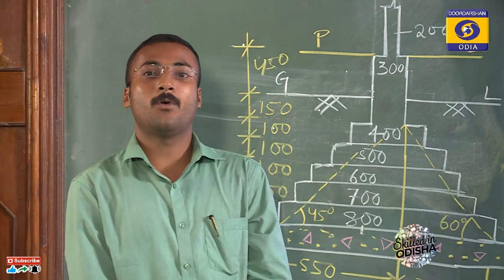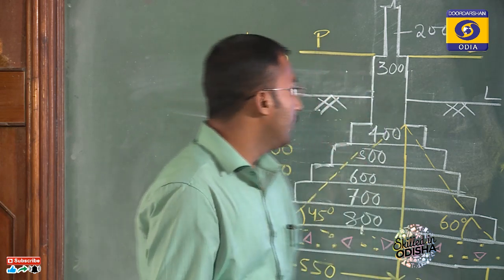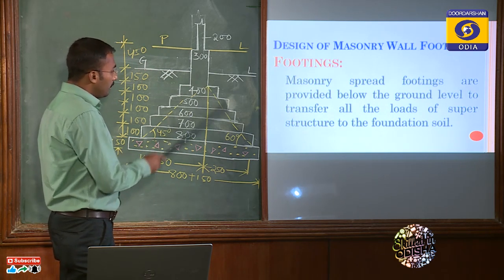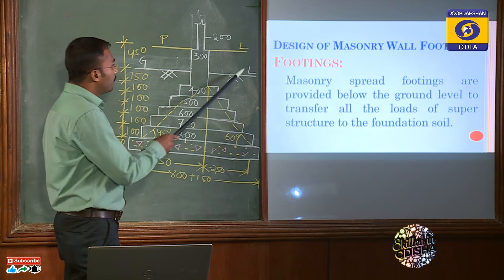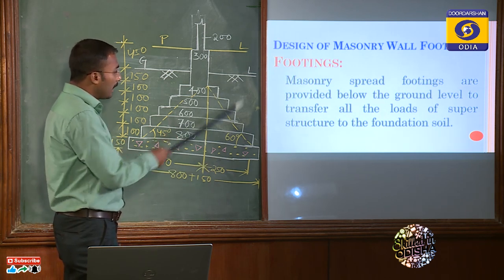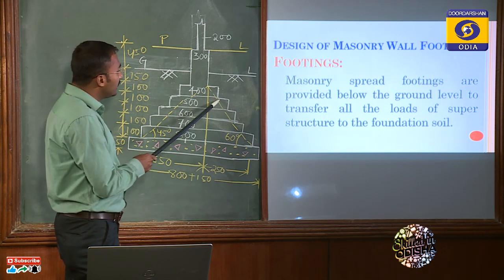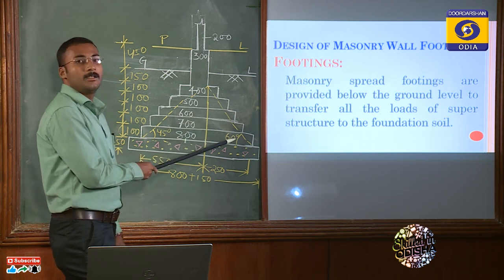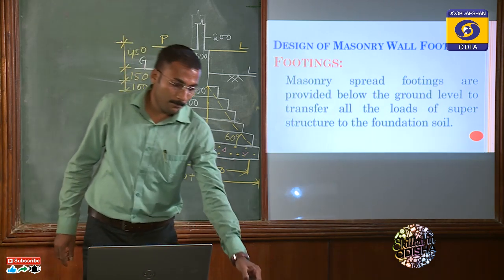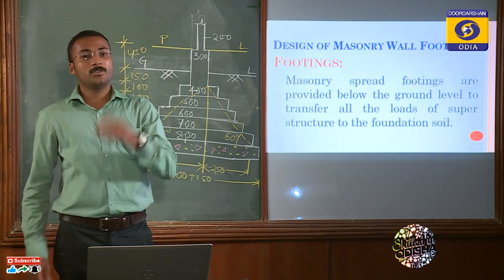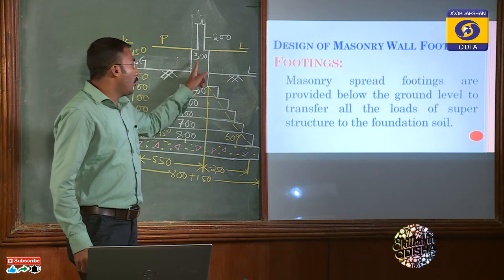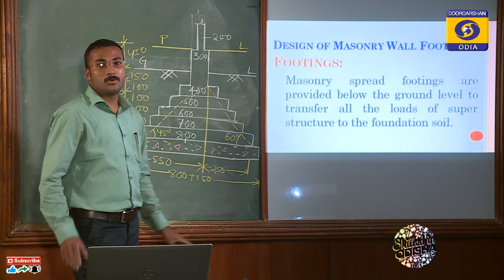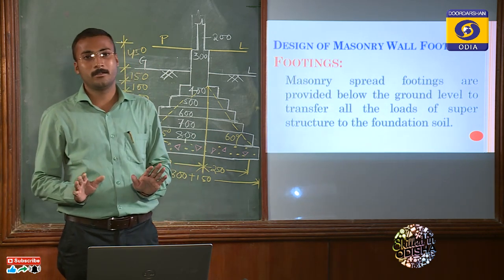So what is footing and what is foundation? Look here, this is just a sample figure. This is the ground level and this is the lean concrete bed. From the ground level to the lean concrete, this total part is known as the foundation, and this series of steps which is visible on your television screen is known as the footings. And what is the purpose of this footing? The purpose is to spread the load coming from the wall to the soil, so that there will be no crushing.